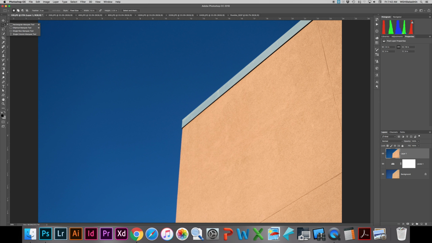So I'm going to come to my rectangle marquee tool. Remember, if you have a different tool right here, if you hold down on it, you'll get the panel to pop out and get to choose. So I'm going to choose my rectangle marquee tool. I'm going to make sure that I am in the style of a fixed size. And then we're going to make our width 1.5 inches. Make sure you put your unit, otherwise it's going to default to pixels and you'll have a very, very small selection. And our height to